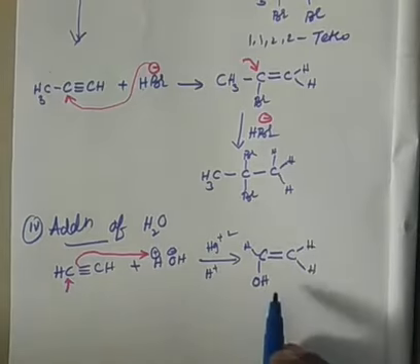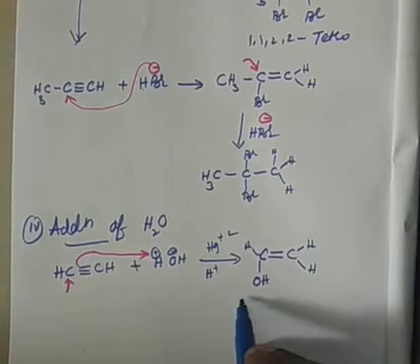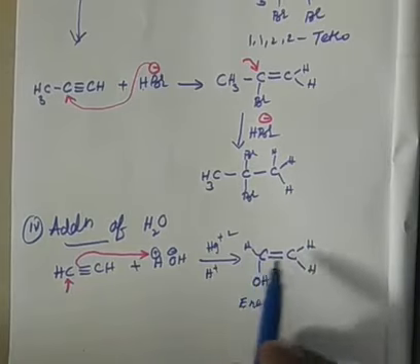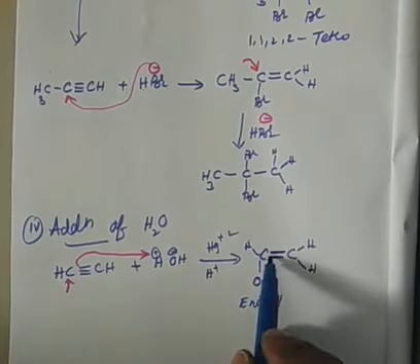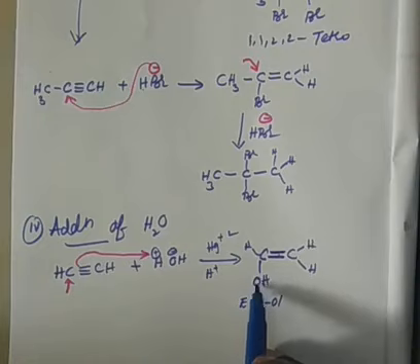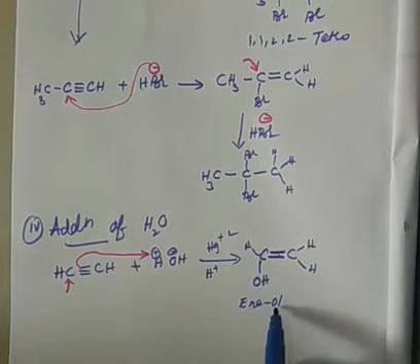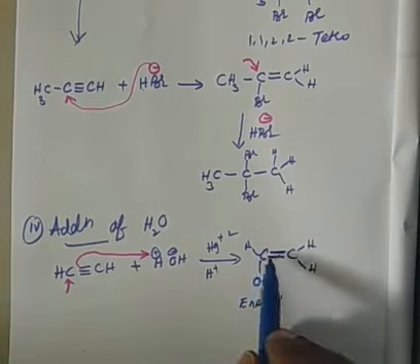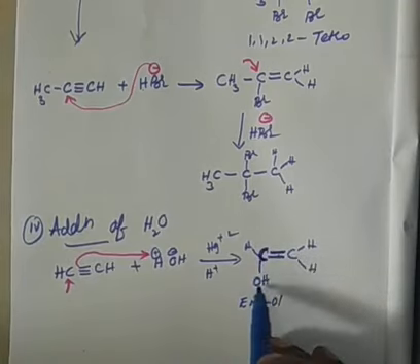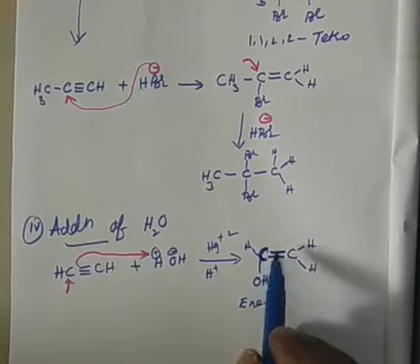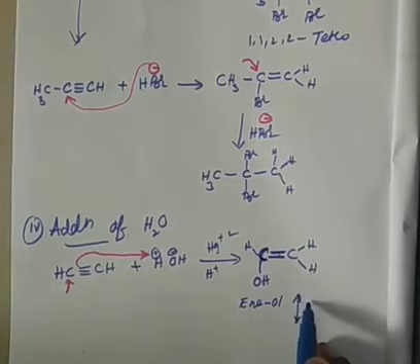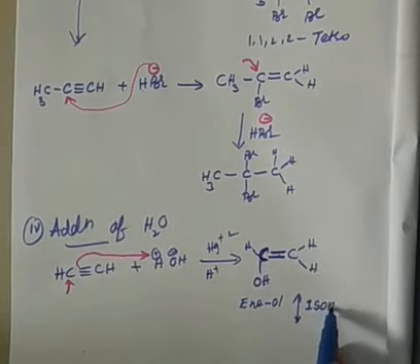Okay, then this is called enol. Please make a note, enol. This compound is called 'en' because of having a double bond, and 'ol' because of having an OH group. If both are on the same carbon, say this carbon is only having the double bond and this carbon is only having OH, therefore I call it enol. So, enol will undergo isomerization because it is unstable.